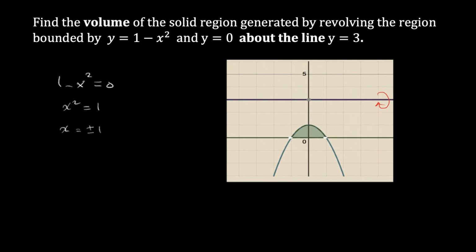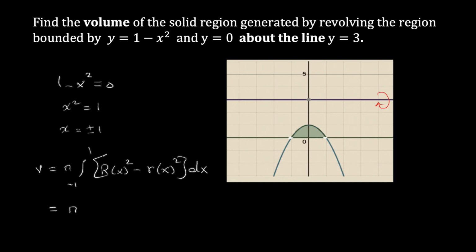The outer radius is the distance between the line y equal to 3 and the x-axis. This is bigger than the smaller radius, which is the inner radius that connects the line y equal to 3 and the graph. So what do we say here? We say the volume is equal to pi integral from minus 1 to 1, the values that we got here. And now the bigger radius, let's write the outer radius squared minus the inner radius squared dx,